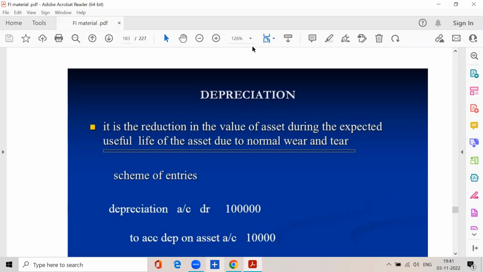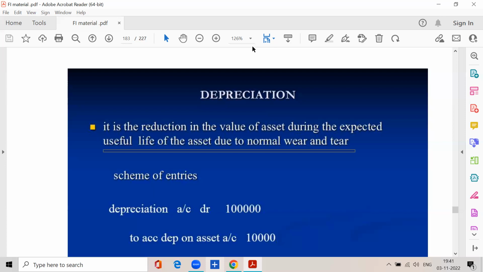Right? See, for example, you purchase one plant and machinery. Sorry, this is called capital expenditure. You construct one building, that is your capital expenditure. You purchase the furniture, it's a capital expenditure. So the benefit you derive from the capital expenditure will be spreading into some number of